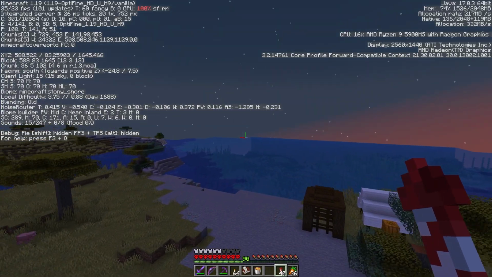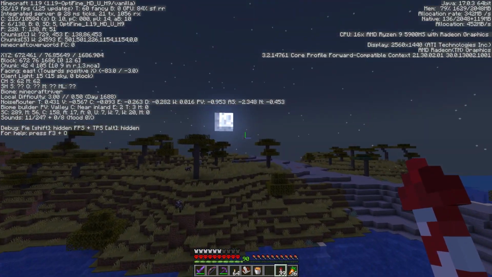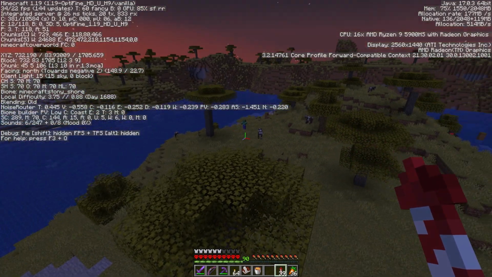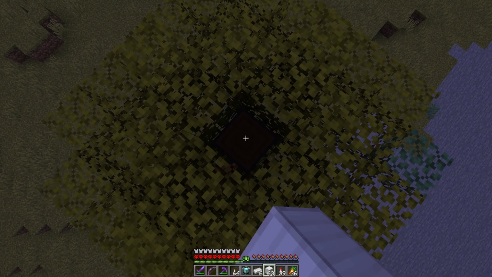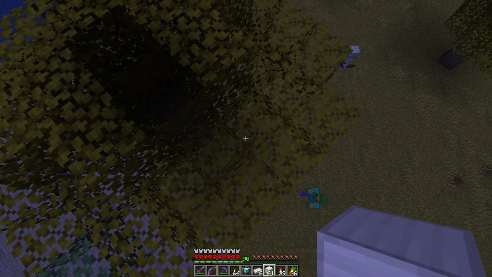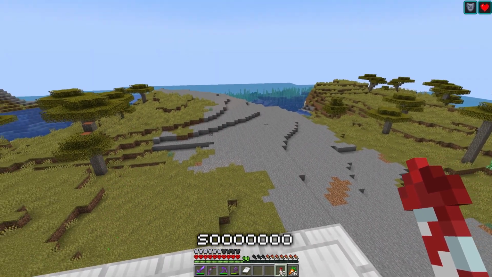So I think that the best place to build the farm is going to be just over the lake here, so that I don't have any pillagers spawning near it, but it's not too far to go if I need to. Also, I brought the beacon because without a totem of undying, this could get pretty deadly. But now that it's daytime, I can build a raid farm, so...